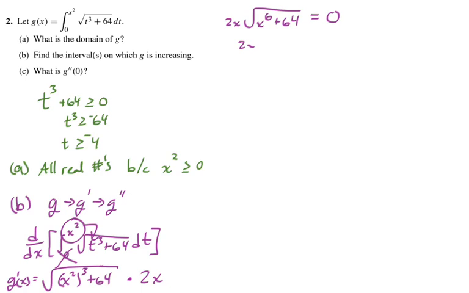So if I take 2x and set that equal to 0, and this guy right here and set this equal to 0, you solve both of these. So we're using the 0 property. We get x equals 0. And on this side we square both sides and we get x to the 6 plus 64 equals 0 squared, which is just 0. Then I subtract 64 from both sides to get x to the 6 equals negative 64,